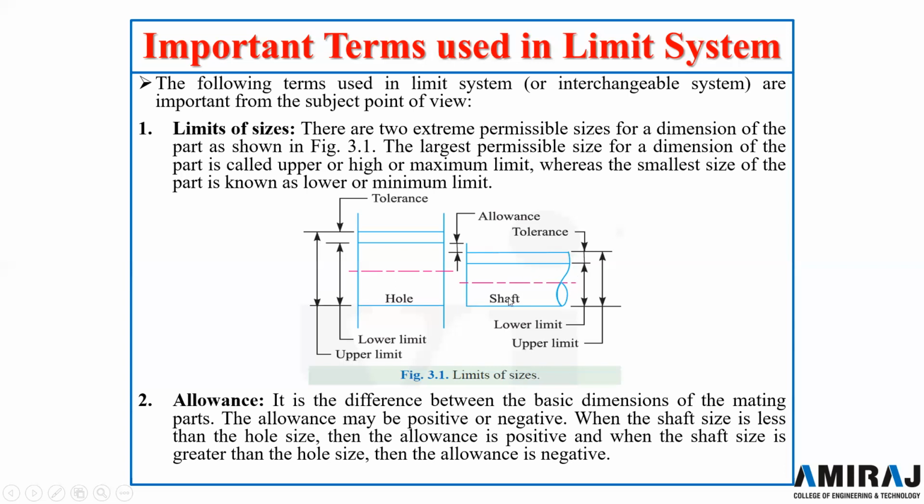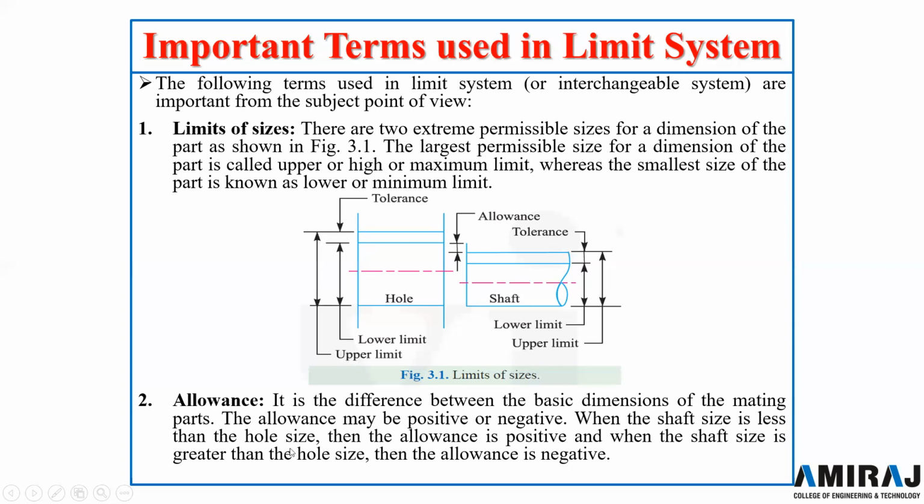That is due to the manufacturing constraint. As we know that the shaft cannot be manufactured to the exact dimension, some permissible variation is required in the dimension that is acceptable. That is called the tolerance. Now, the definition of allowance: it is the difference between the basic dimensions of the matching parts, which means the matching parts over here are the hole and shaft, and suppose these are the basic dimensions,